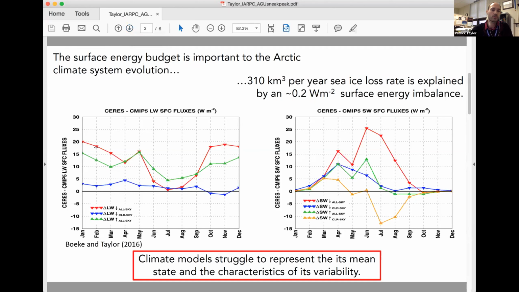This red line shows you the all-sky downwelling longwave radiation. The fact that this red line is well above zero here shows you that CERES has much more downwelling longwave radiation to the surface than the CMIP5 climate models. And this is the ensemble across about 24 climate models across the Arctic. And so there's wintertime, very strong, there's too little, let me say it this way, there's much too little downwelling longwave radiation from the CMIP5